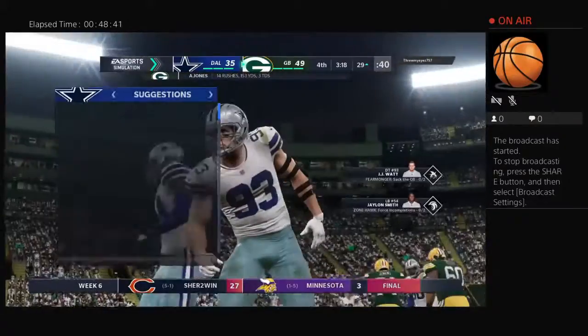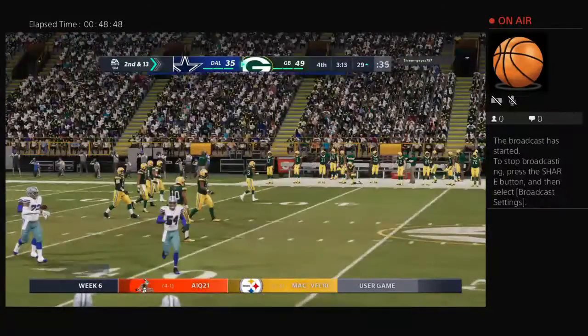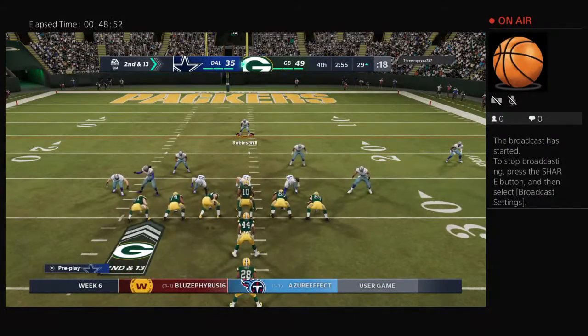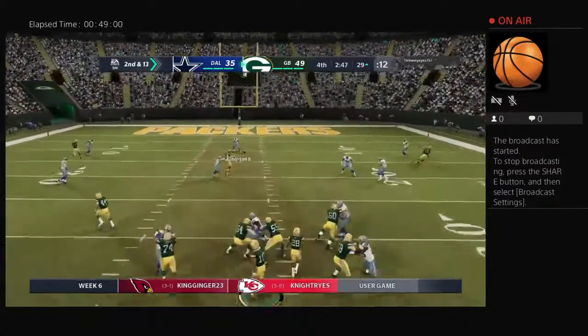And for one of the first times all night, he is going to go nowhere as they bury him behind the line. Finally, defensively, they have a little clip to show positive for actually stopping him running the football. It's been a really long night for them, hasn't it? So they got a little bit of a win there, but let's face it, the vision that he's had running the football is...